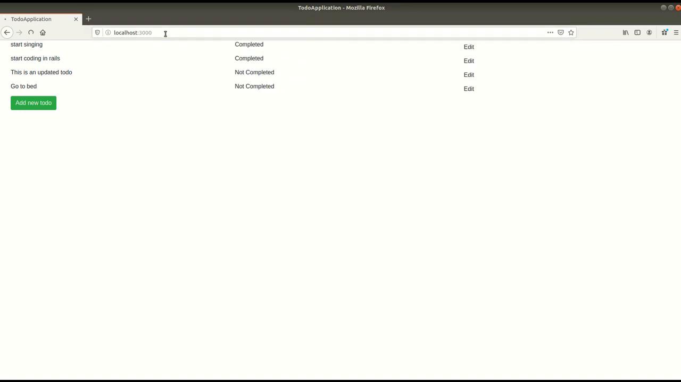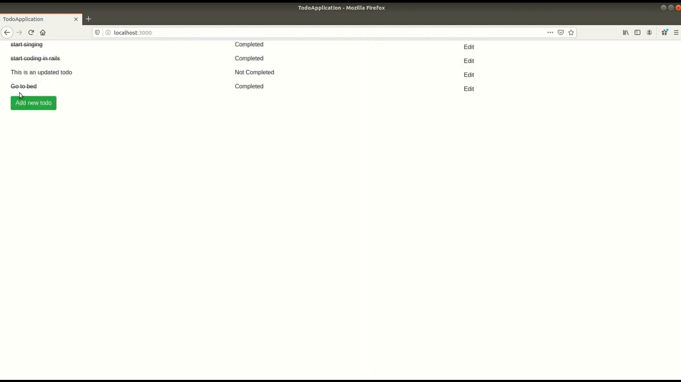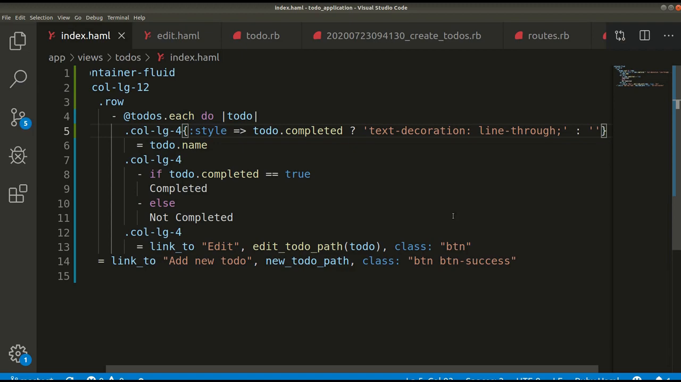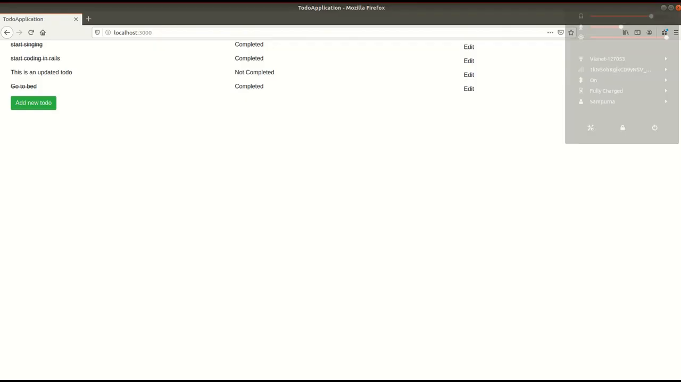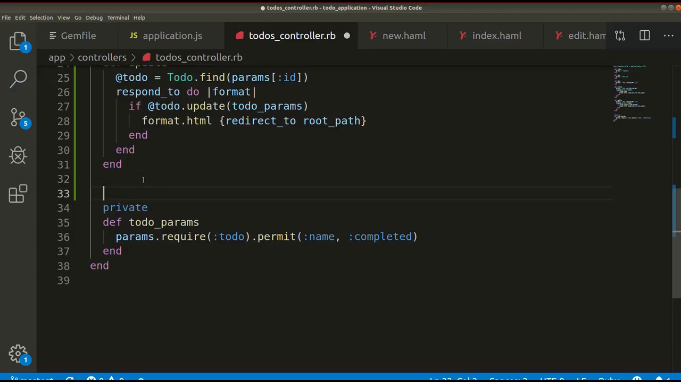Let's refresh this. So see, it's adding this CSS, because these two to-dos are completed. Since these are not completed, then it's not adding anything. If I edit this and mark as completed, this go to bed to do, then it's adding this CSS. Now let's work on adding this delete link in this home page. So for that, let's go inside our controller and let's write one method called destroy,